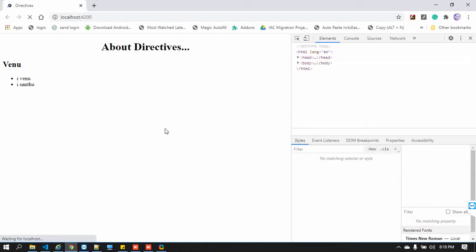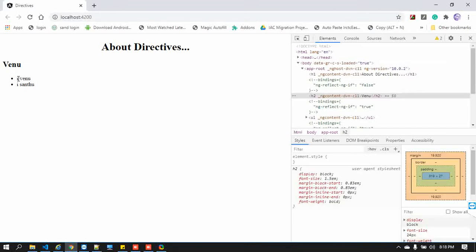Now this has been taken as it is, as i. It is supposed to be evaluated. How will it be evaluated? Whenever you use it within the template tag, only then will that value be evaluated. That is very important.